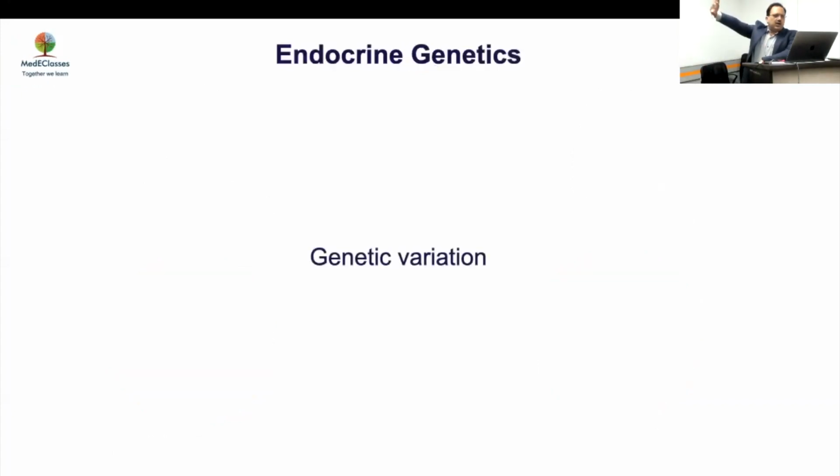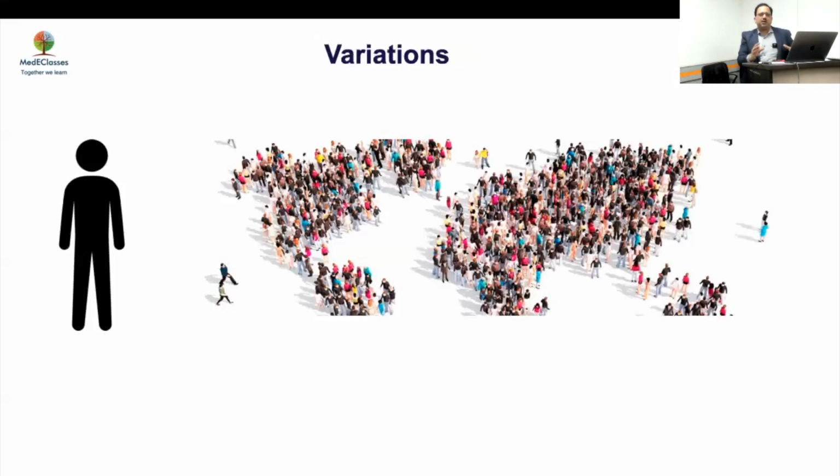So now we have talked a lot about the basic mechanisms. We'll now go forward to how we differ from each other. So how many base pairs are different between two humans? So 0.1%. 0.1% looks like nothing. So you say 0.1%, we are 99.9% similar. But you remember, one gene defect can cause such a severe manifestation.